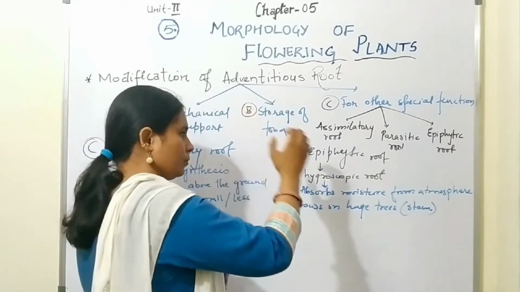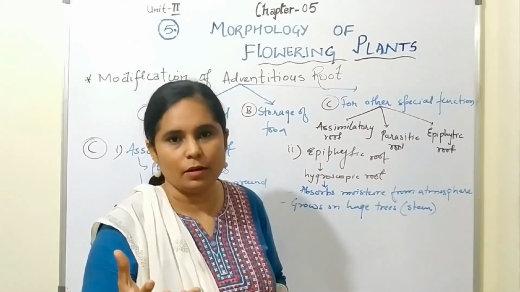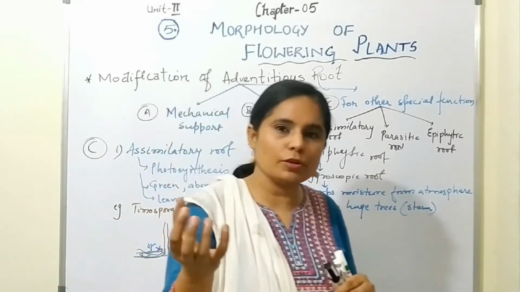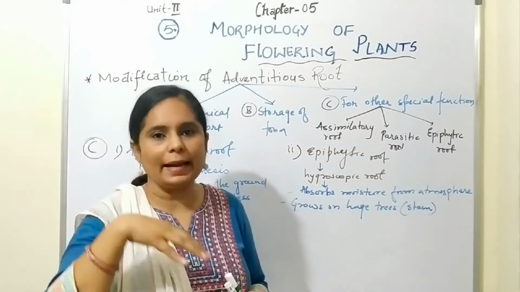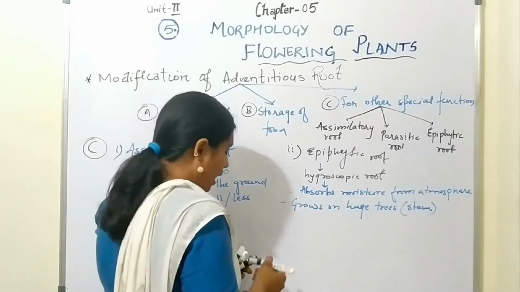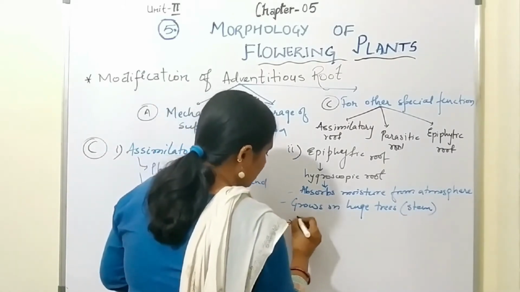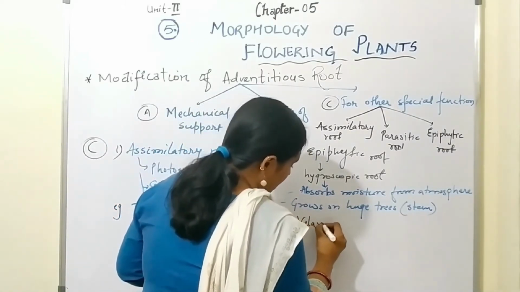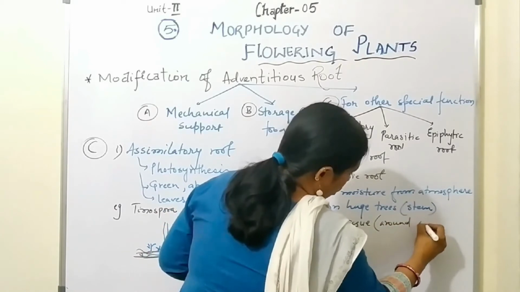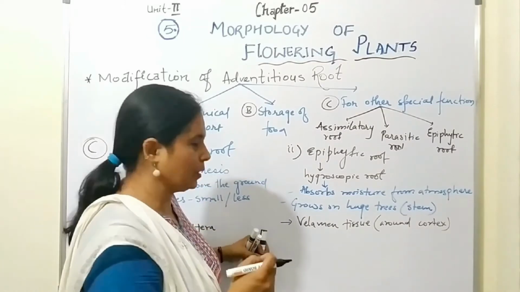Okay, so these plants have roots which are hanging in the atmosphere. The roots are hanging and they absorb moisture. So they are getting moisture from the atmosphere, and then sunlight and CO2 are enough for photosynthesis. How are these roots able to absorb moisture? They have a special kind of tissue known as velamen tissue, which is present around the cortex, and this has a very special function in absorbing moisture.